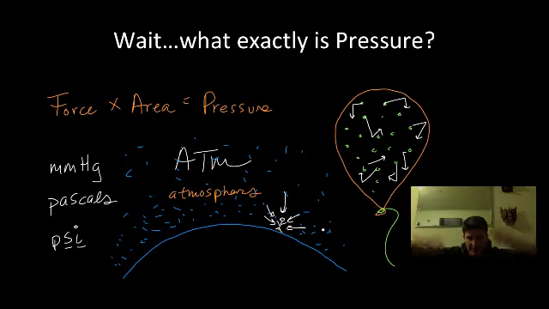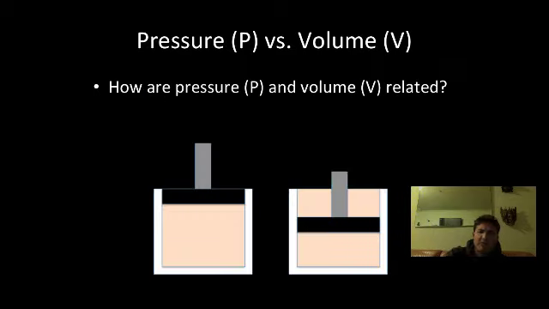When we go down to the bottom of the ocean, now we not only have that column of air pushing down on us, but then we have all this mass from this water column pushing down on us. So that's why we feel water pressure. So you need to think about the fact that we are, in fact, walking at the bottom of this gigantic ocean of air molecules. So let's go ahead and move on and start talking about some of the relationships between